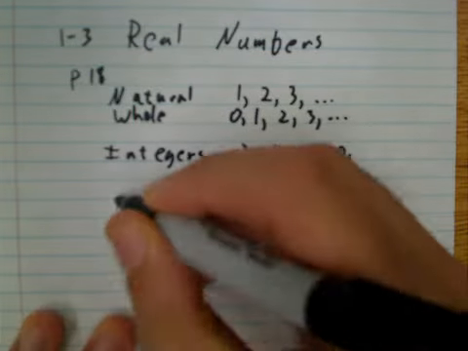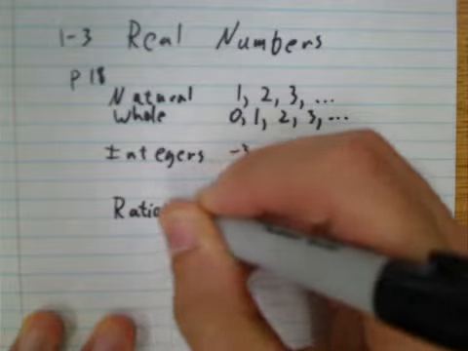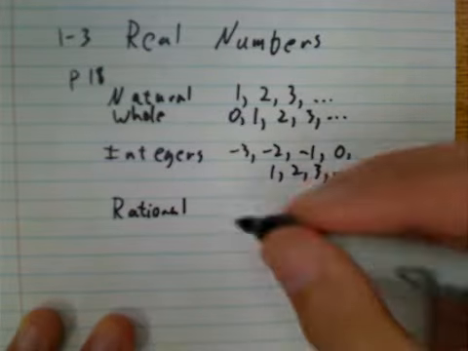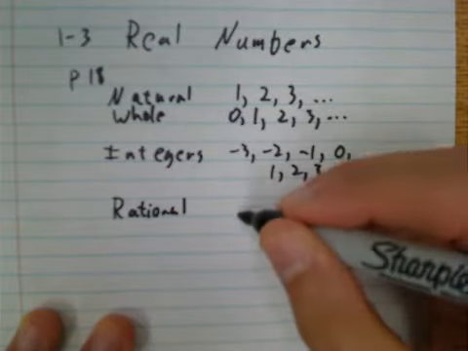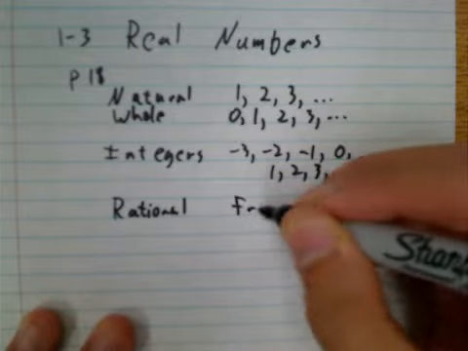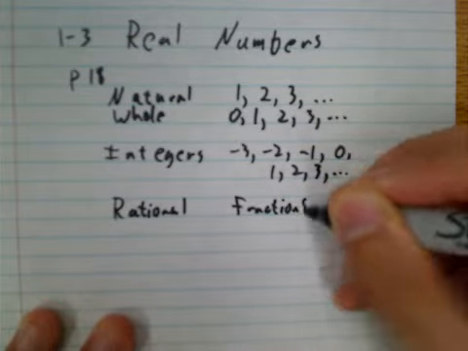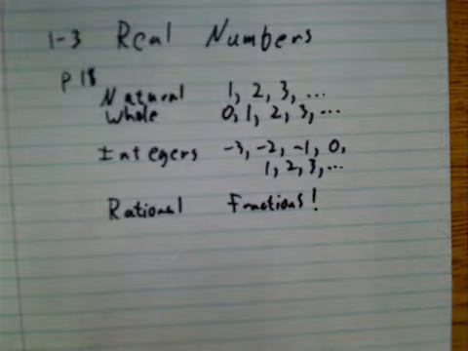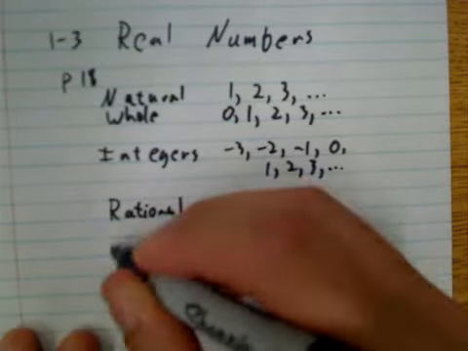Rational numbers, that includes fractions. And I'll just put it like that because there's so many different kinds. When it comes to irrational,